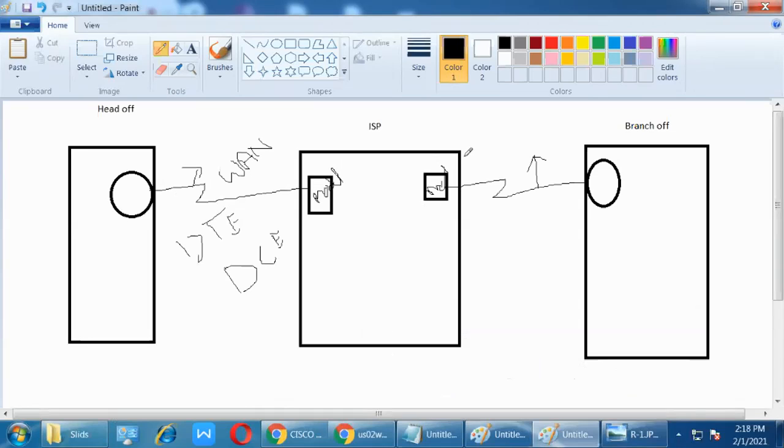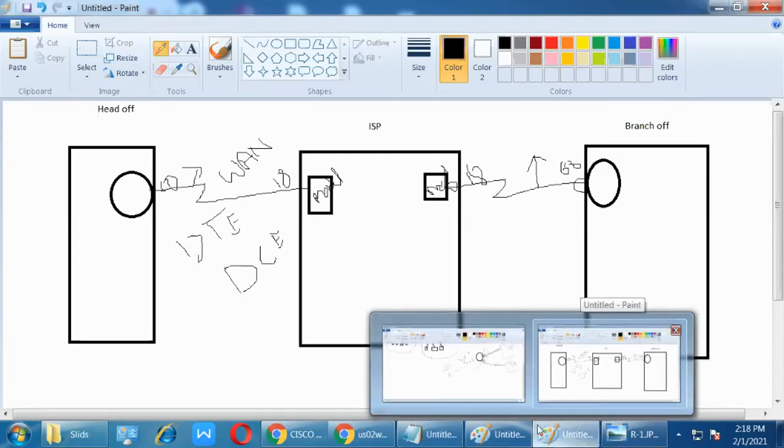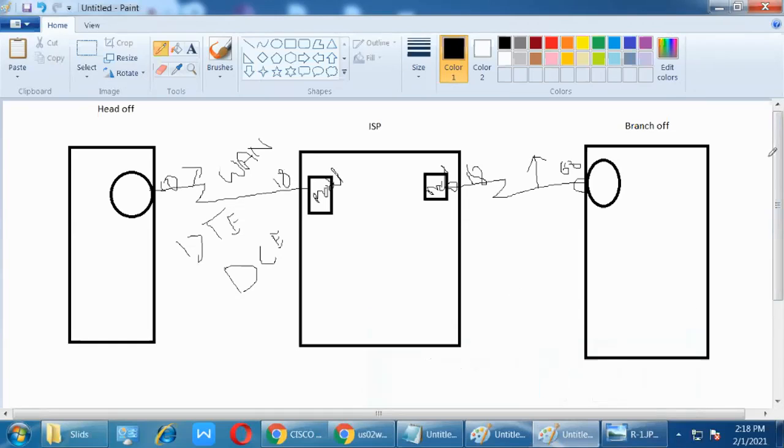So this is the connection in real time, here and here. For example, if I am using a 16 pin or 26 pin serial port here, 18 pin is available here, and on the cable side there is a 60 pin and 80 pin. This is the physical cable connection.